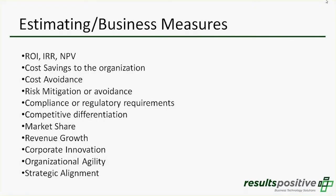So you're estimating business practices and measures, typically the components that are pulled into that preliminary view of that great idea where somebody wants to initiate a project. You'll want to look at some financial measures such as return on investment, IRR, NPV. A lot of organizations try to capture,